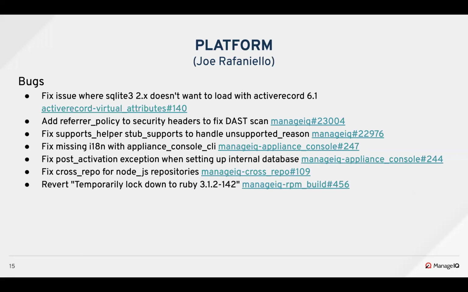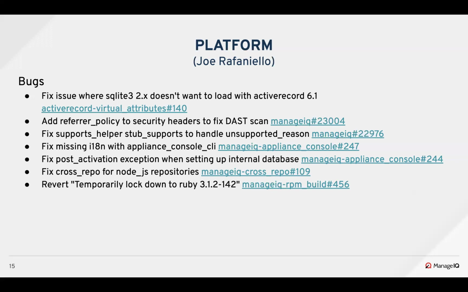Adam fixed a bug where I18N wasn't correctly loaded for the appliance console, and that was leading to an error when we tried to print a string that was marked for translation. Adam also fixed an issue where we were trying to start our systemd service each step after you configure both the database and messaging, and he changed it to instead do it once after